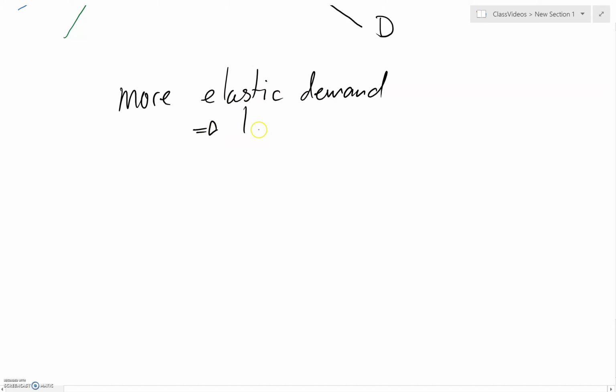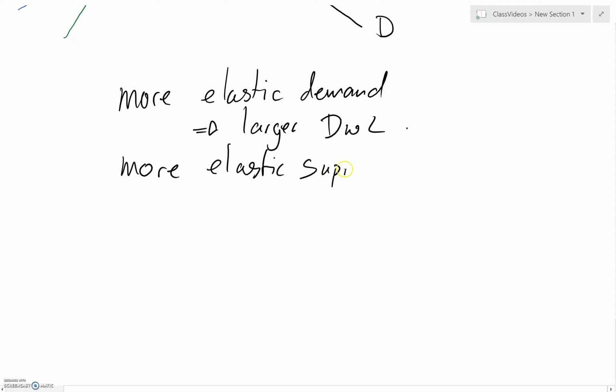means larger deadweight loss. And now we've got more elastic supply also means larger deadweight loss. Again, why do I keep writing B's here? Okay, so